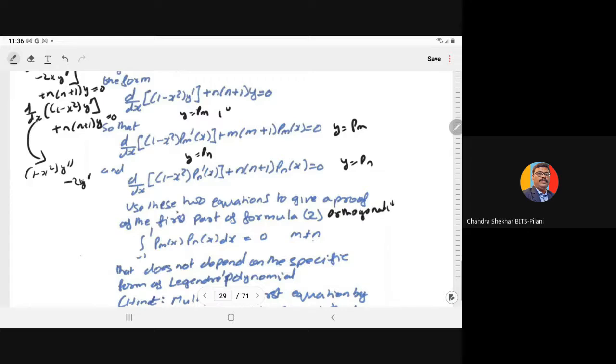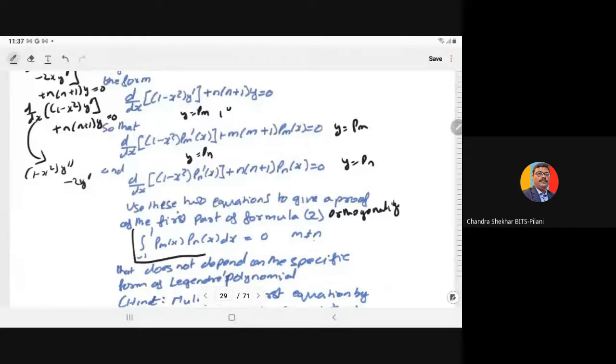Orthogonality, right? So, the first part of the formula for orthogonality is the integral from -1 to 1 of Pm(x) Pn(x) dx is equal to 0 when m is not equal to n. So using this, using these,